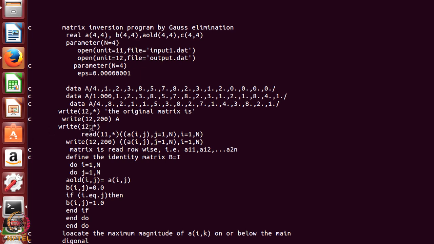Oh, this write 12 comma star does not do anything, it just writes a blank line. But see this, this was a comment card. Write 12, this is just a blank line, nothing is done. This write statement, write 12 comma star, the original matrix is. So, it tells me that